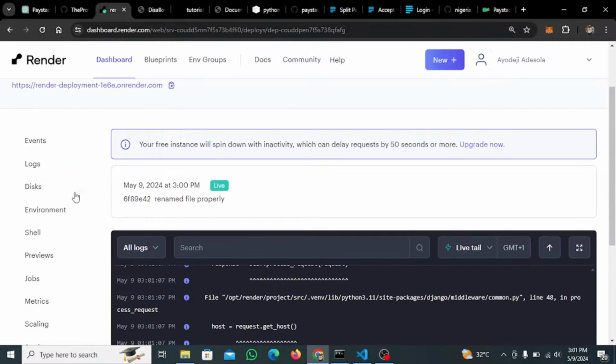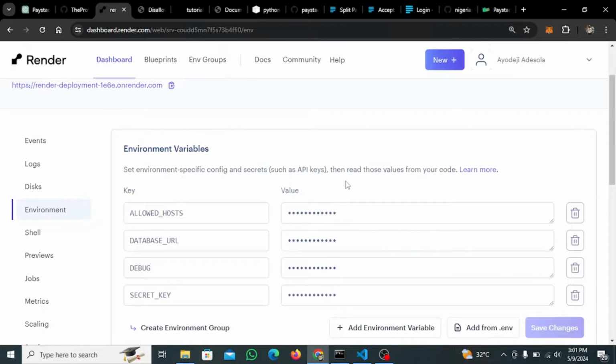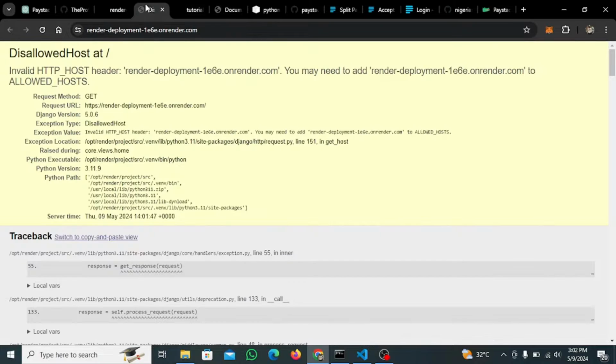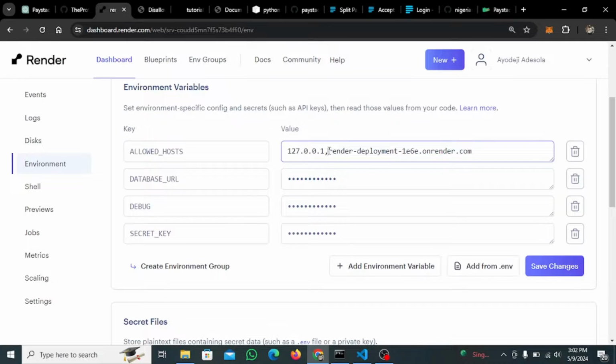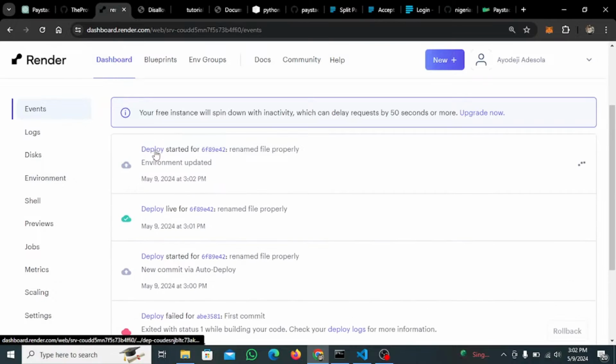So what we're going to do is go back to environment, scroll down, and where we have allowed hosts, we're just going to put a comma and paste the domain that Render has given you for your project. Note that I don't want you to add the https, as it's going to give an error. It should just be the domain that Render has given, and for me it's render-deployment, then this id.onrender.com. Once you click save changes,